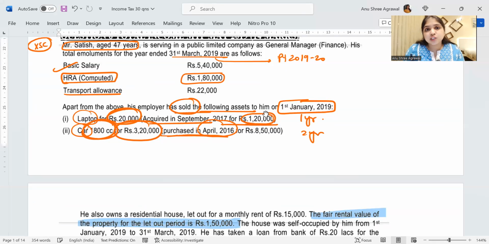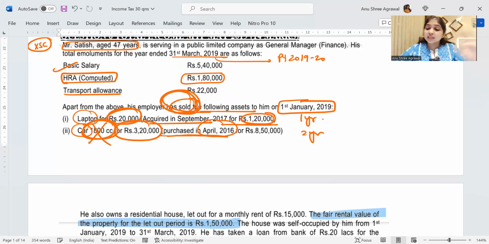No, the cubic capacity of the car makes a difference to me only if it is motor car perquisite. Motor car perquisite means just given to the employee for use. Only there I will bother about the capacity. Here it was transfer of motor car. It is not motor car perquisite. It is transfer of movable asset. So what is the cubic capacity? That's going to be irrelevant for me.